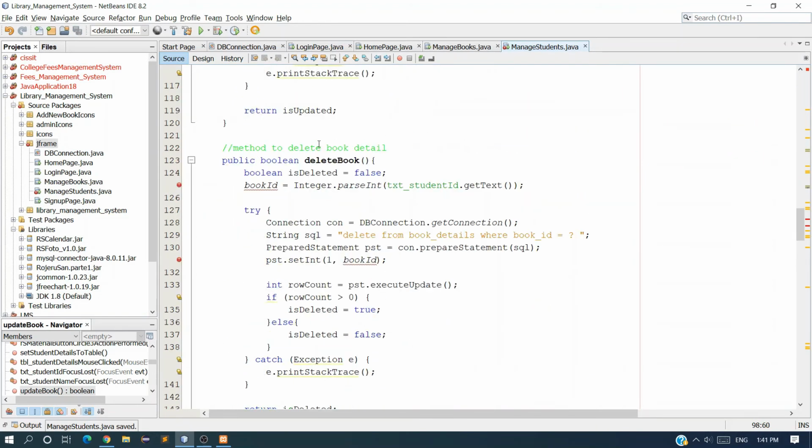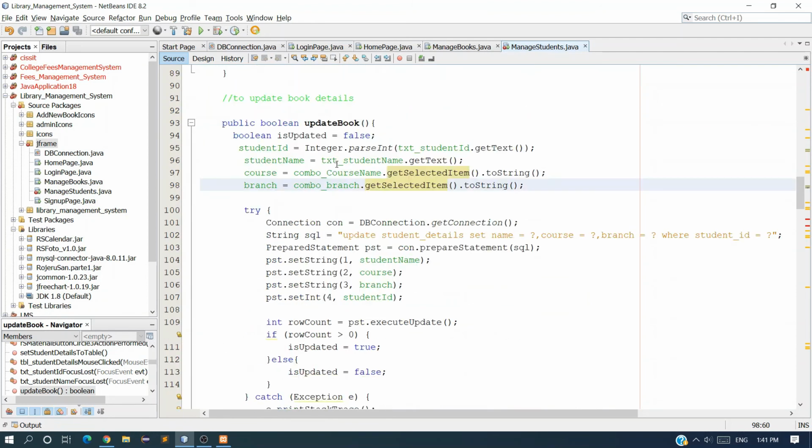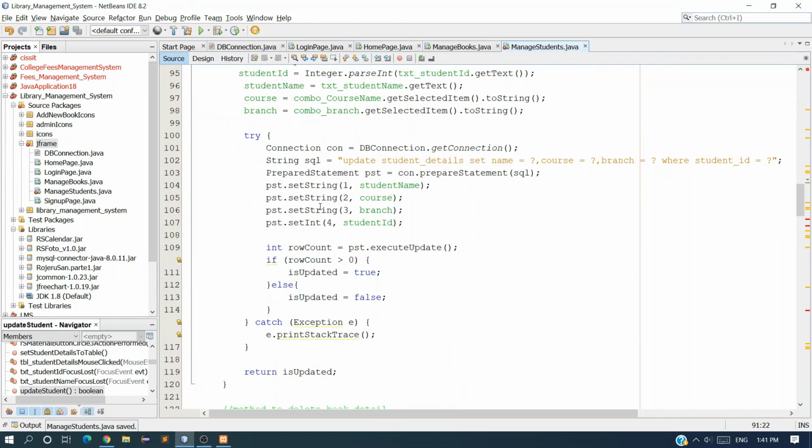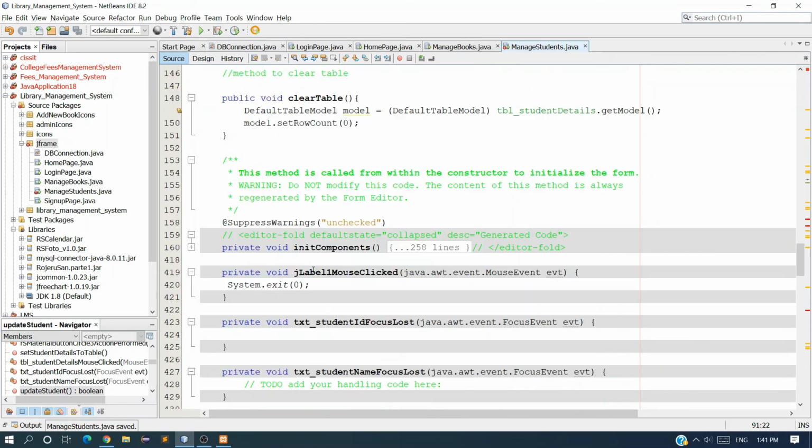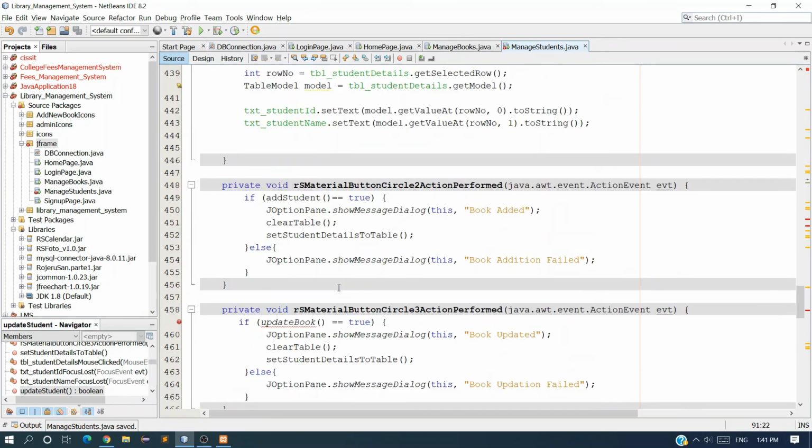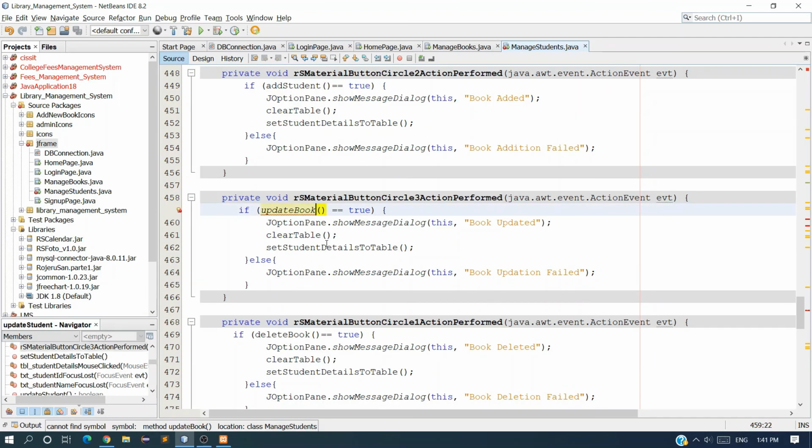Now delete book. Let me just change the method name. Update student, not update book, and here update student details. Change the comments also, student details. And now we have to also change the method where we are calling this update book. Let's make it as update student.